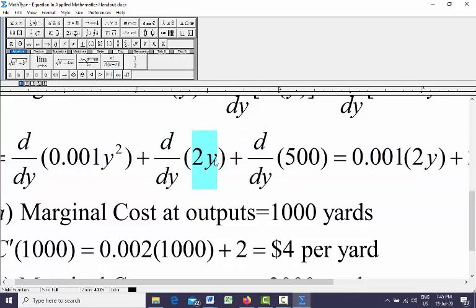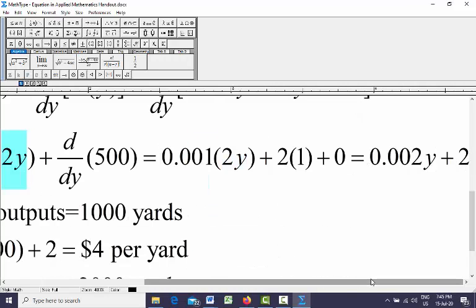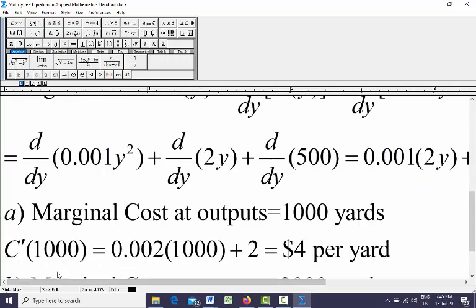if you do differentiation of this one, you will get 2. So if you do differentiation of this one, you will get this one, and that means this is the slope function. This is the slope function or marginal cost function. So marginal cost function is equal to